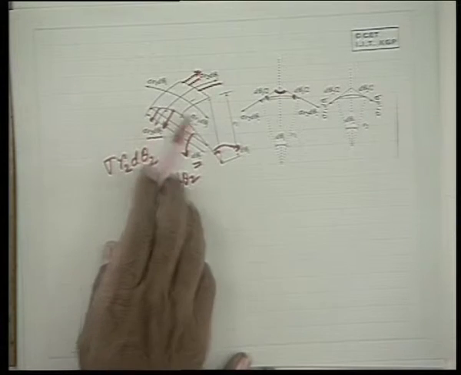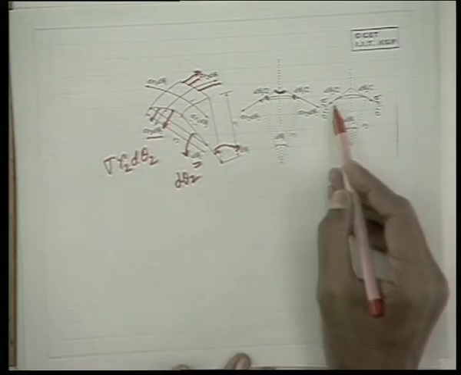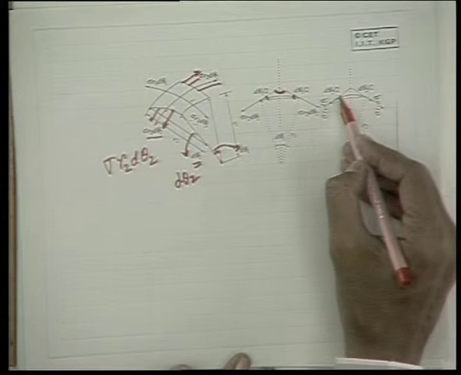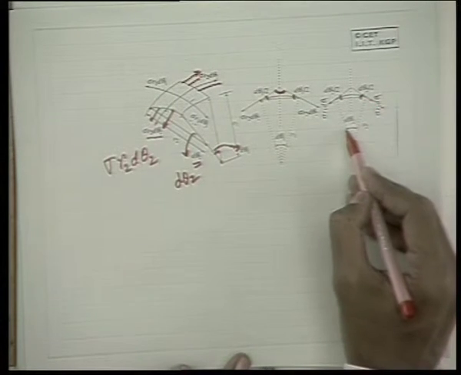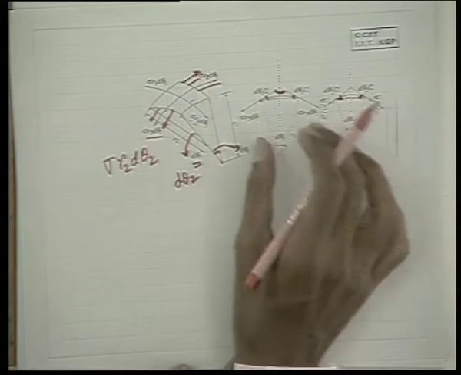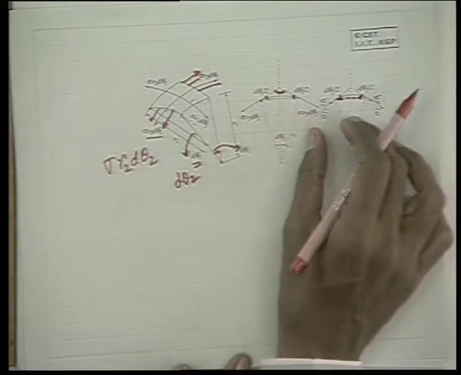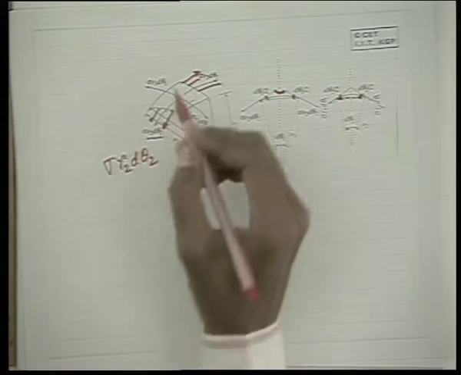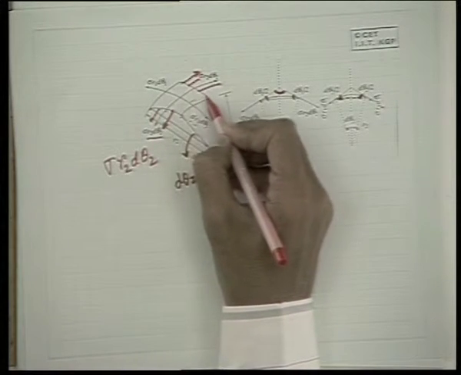So if you see this view, these forces are acting: sigma r1 d theta 1, sigma r1 d theta 1, and these angles are d theta 2 by 2, because this is d theta 2 from simple geometry. This angle is d theta 2 by 2, and this is d theta 2 by 2. So if you can recognize this, then a simple force balance.